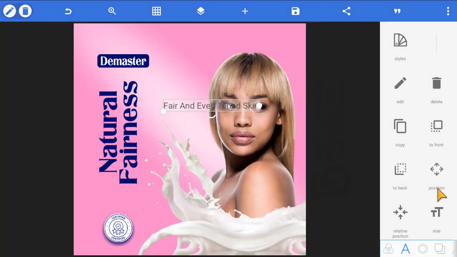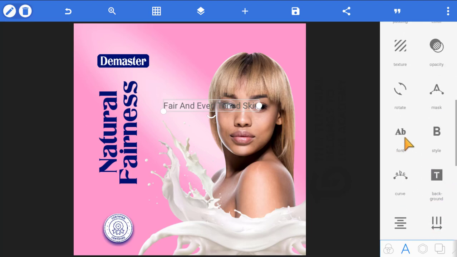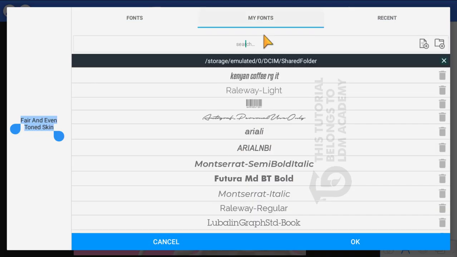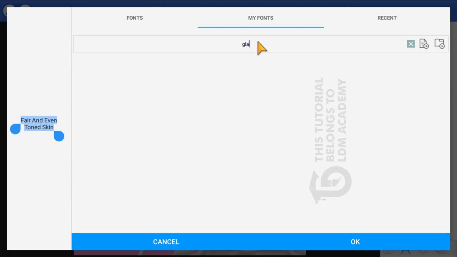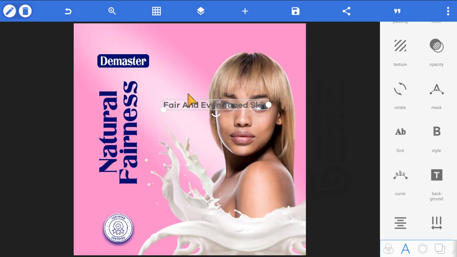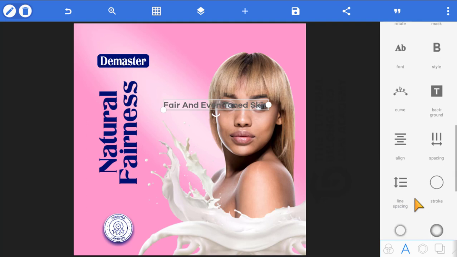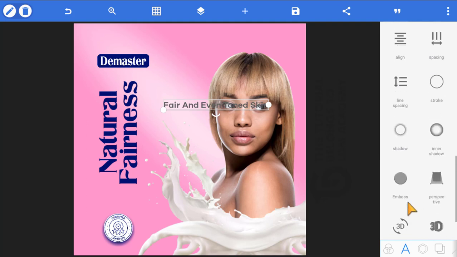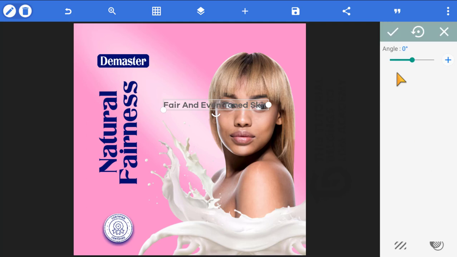Beautiful. Okay, then we go to where we have our fonts. Beautiful. Okay, then by font, we are going to make use of Galano semi-bold. Okay, and you click on OK. Beautiful. Okay, then what else? So we go to rotate. Okay, so we change this to minus 90. All right, so we're going to make this minus 90. All right,